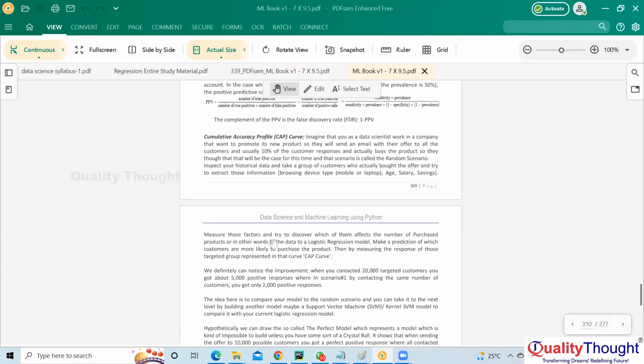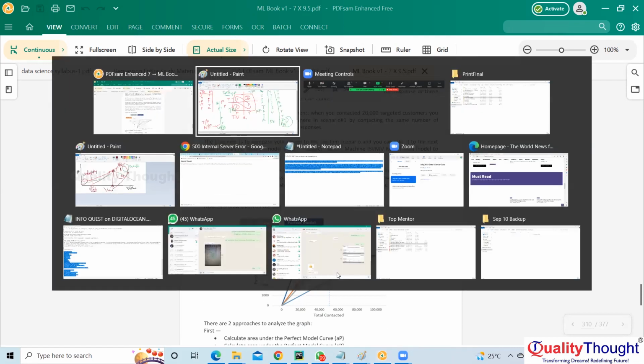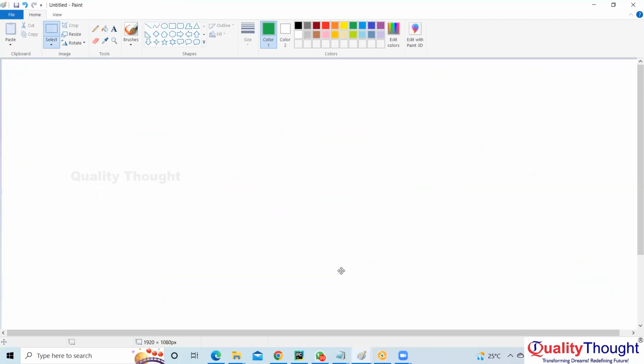Then there's one more thing that we look at, which is called the CAP curve, cumulative accuracy profile. The CAP curve talks about how many minimum attempts you are taking to get it right. So I'll take an example and then we'll come back to this CAP curve. So let's say